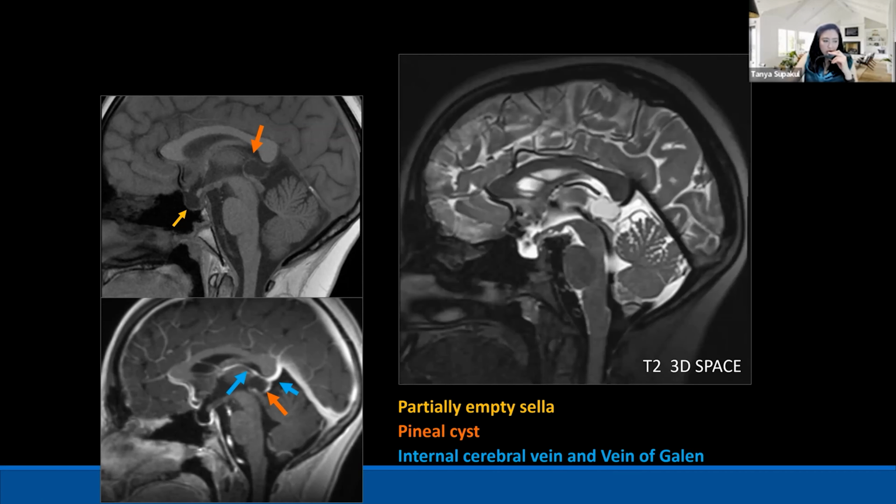And every time you see pineal lesions or a pineal cyst, you need to check for patency of the cerebral aqueduct. So normally at Riley, we do the sagittal T2 3D SPACE, and we use the flow signal or flow artifacts to call obstruction or effacement. So on this patient, you can see that pineal cyst very well here, and also some effacement of the flow of the dark signal underneath the cerebral aqueduct. So that's why the patient has a pineal cyst that causes mass effect on the tectum and maybe some obstruction at the cerebral aqueduct. So that's why we see the finding of the partially empty sella, increased intracranial pressure.